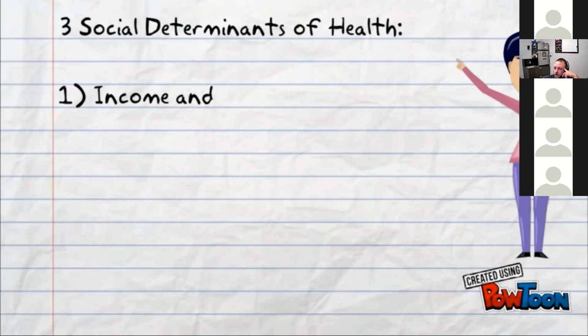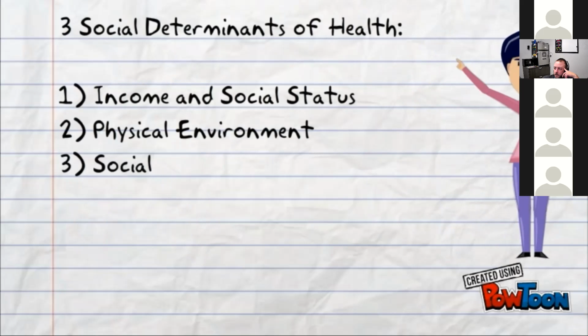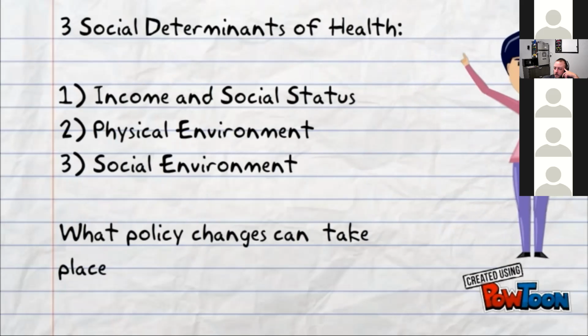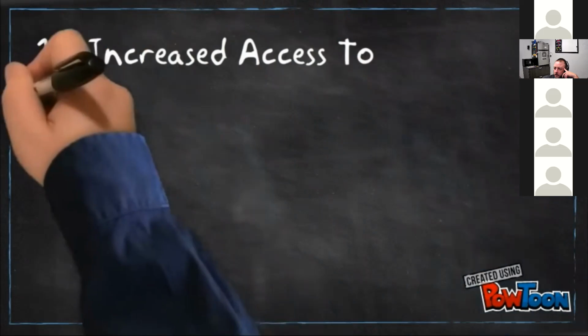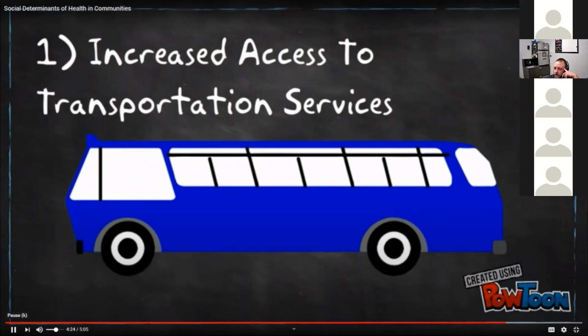We discussed 3 social determinants that can significantly impact the health of individuals. What policy changes can take place in order to better address these issues? Firstly, increased access to transportation services is an option that can have a positive impact on